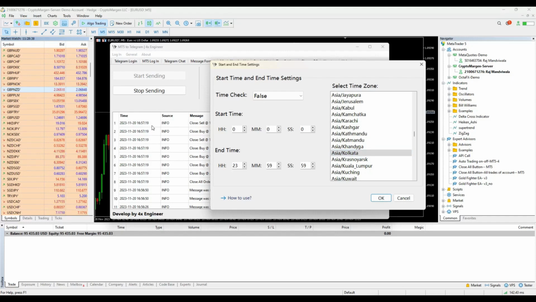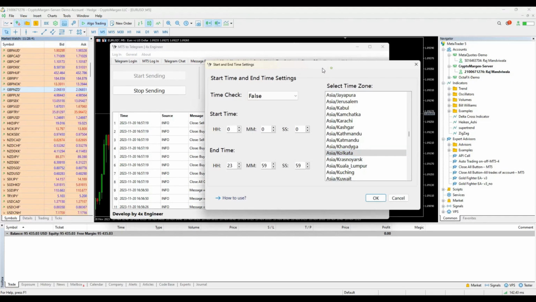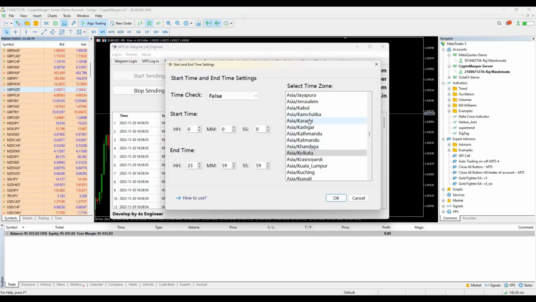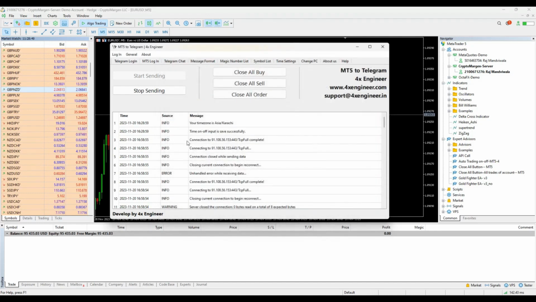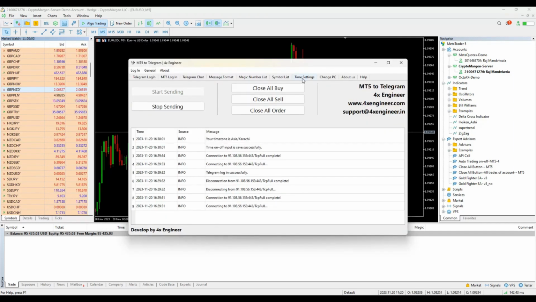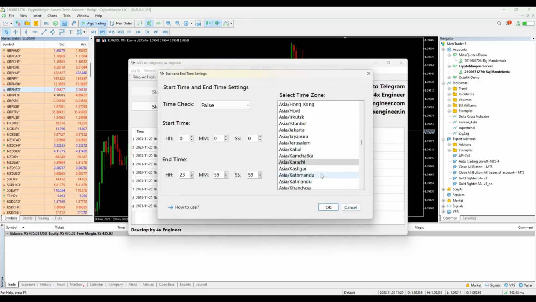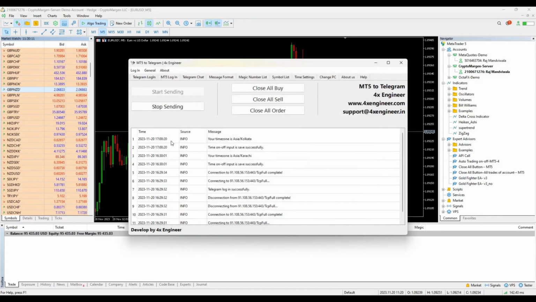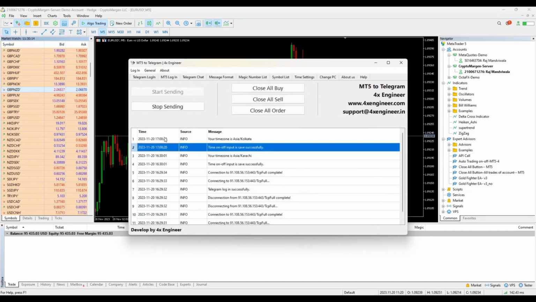If you want to change the time zone, you can do that. After selecting a new time zone and clicking OK, you can see that we have selected Asia Karachi. Now the details of all actions performed by the software are being shown according to the Asia Karachi time zone. If we change the time zone back to Asia Kolkata, we can see the Asia Kolkata time zone here. All actions performed by the software are visible according to the Asia Kolkata time zone, so we can select our